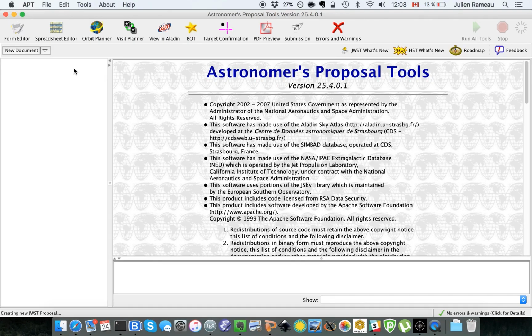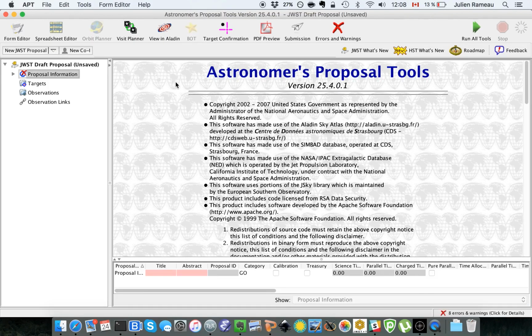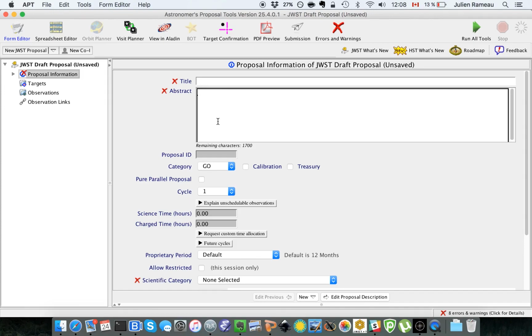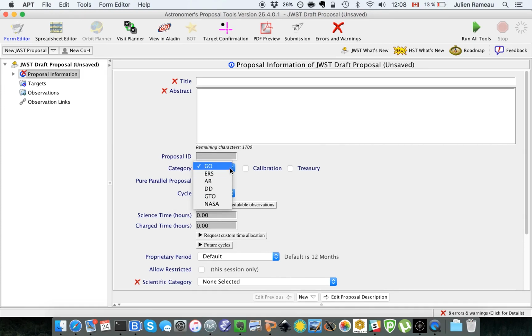All right, so we have the front page. Okay, this is where you enter different fields. So you need to enter the title of your proposal, the abstract. The category: is it a general observer, early science, or DDT, or guaranteed time observation? For you, it's going to be the GO. It's going to be cycle 1, and